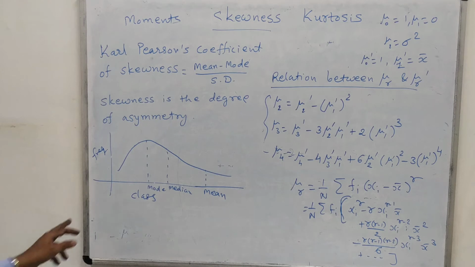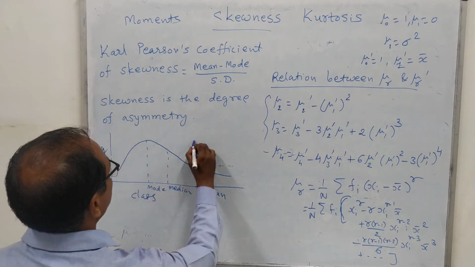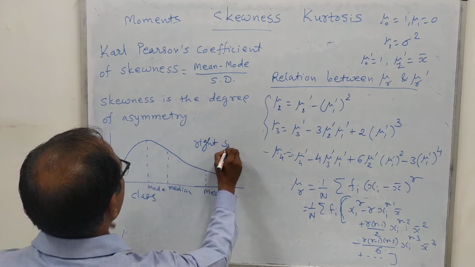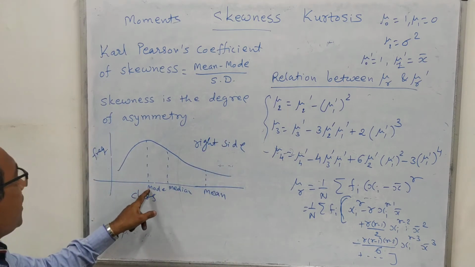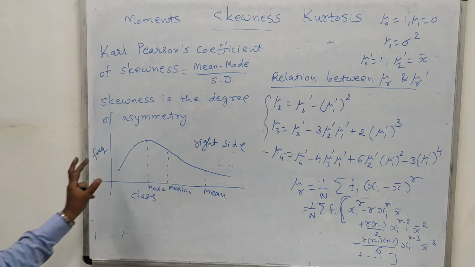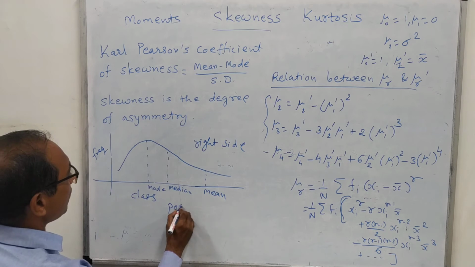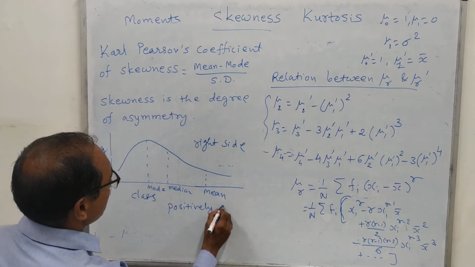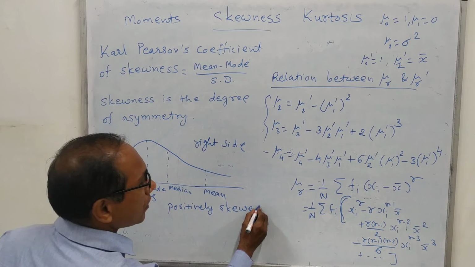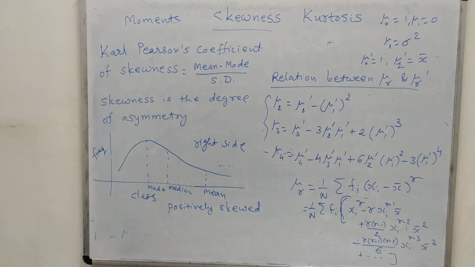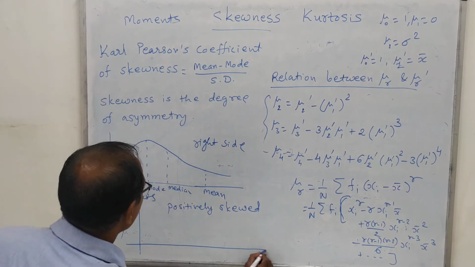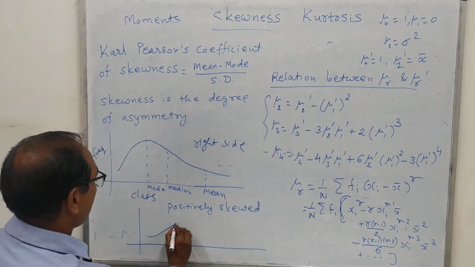Mean is on the right side of mode. So we can say that this graph is positively skewed. The distribution whatever we get is positively skewed. Now suppose we get a graph of this kind,